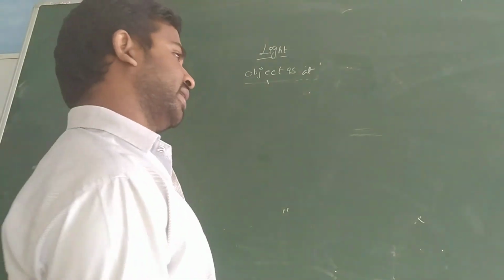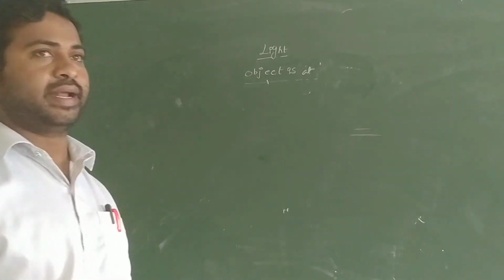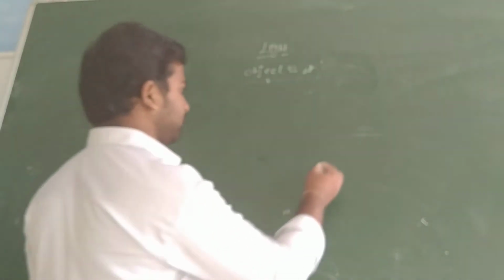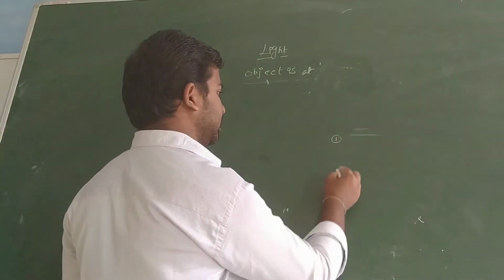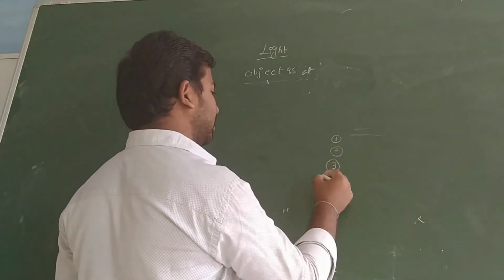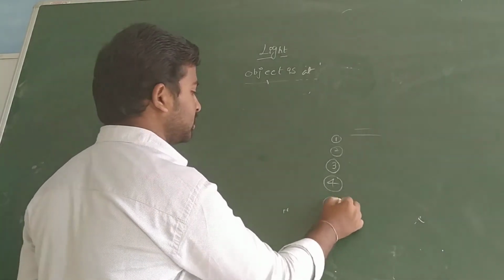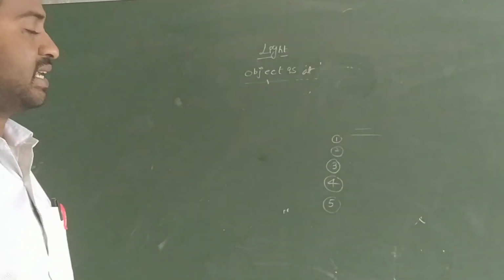All these images are real and inverted images. How many images are found? First, the object is at infinity, second the object is at focus, third the object is beyond C, fourth the object is in between C and F, and the fifth the object is at C. So the sixth one is